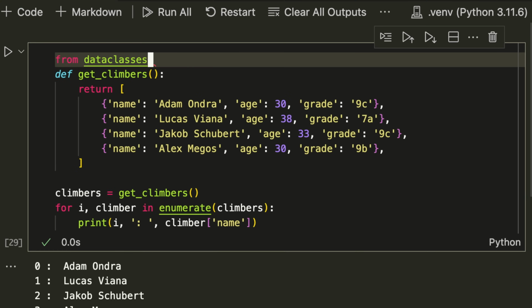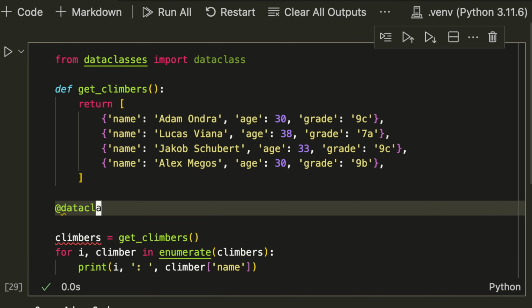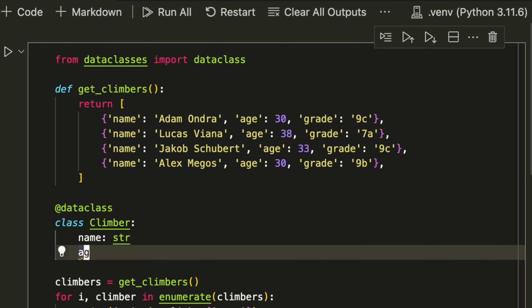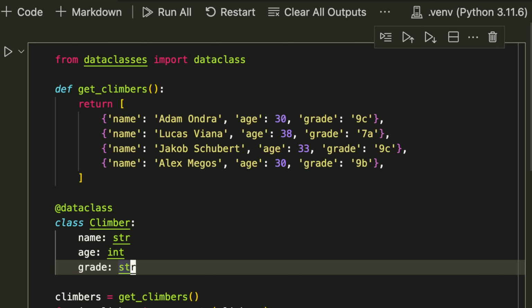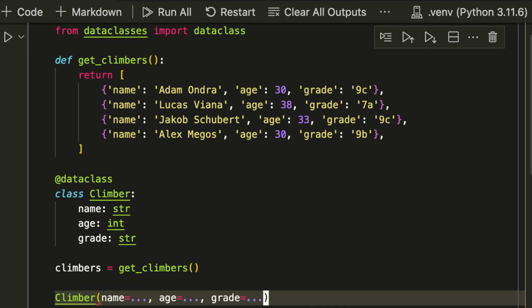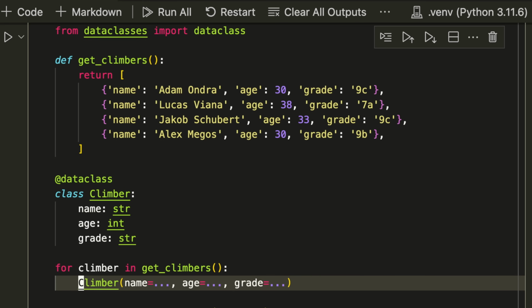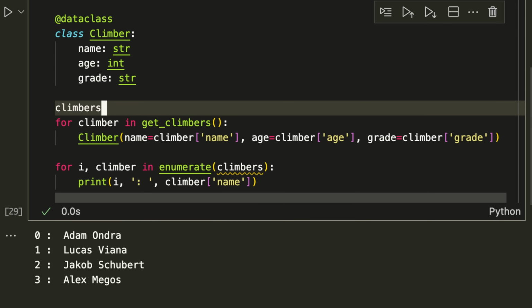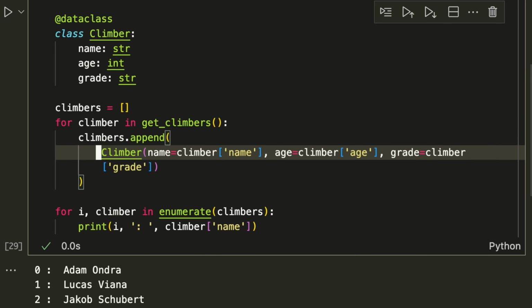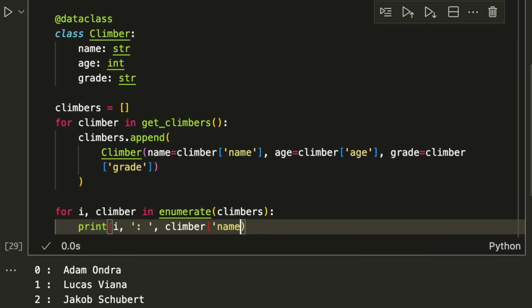Let's tell everyone what data we have on the climbers by creating a climbers data class with the name, age, and grade. Now to create a climber, we give it a name, age, and grade, and to create all climbers, we do this in a loop. For now, we append them one by one in a list that is initially empty. This is a lot of code right now, but you'll be surprised by how small it's gonna turn out quite soon. Great, now we can at least get rid of the index access in the for loop